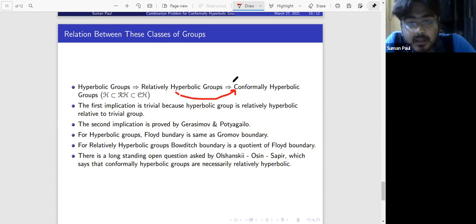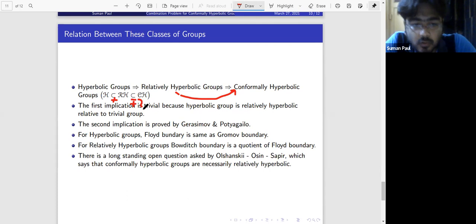Okay, but this relation is true, and there are also examples of relatively hyperbolic groups which are not hyperbolic. So this class is a proper subset of this class. Okay, so I should say this is not equal, but whether it is equal or not,